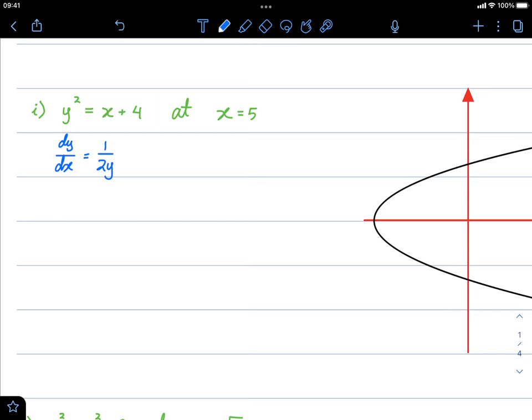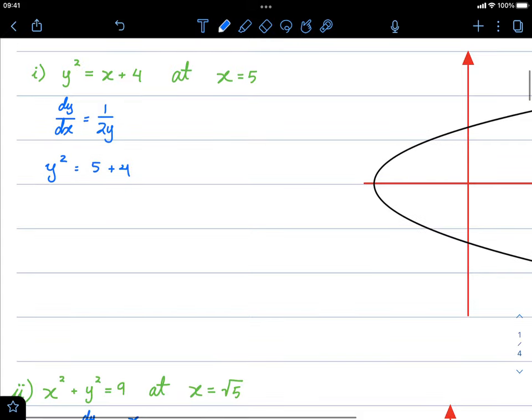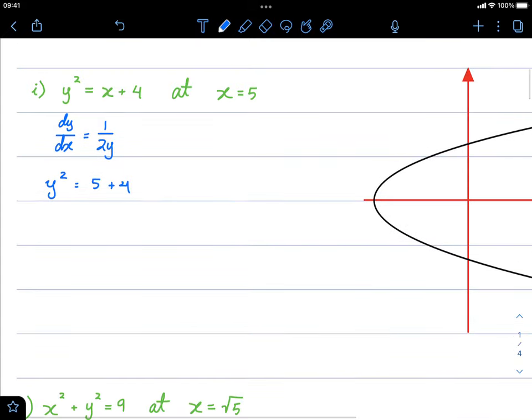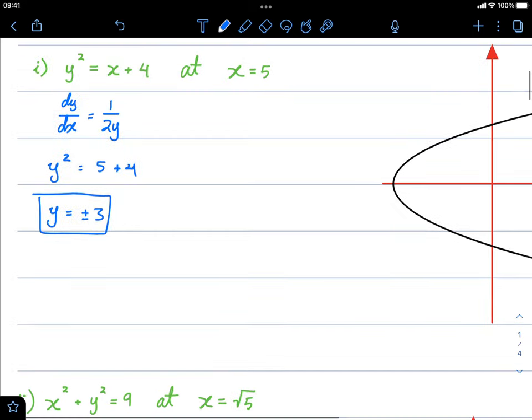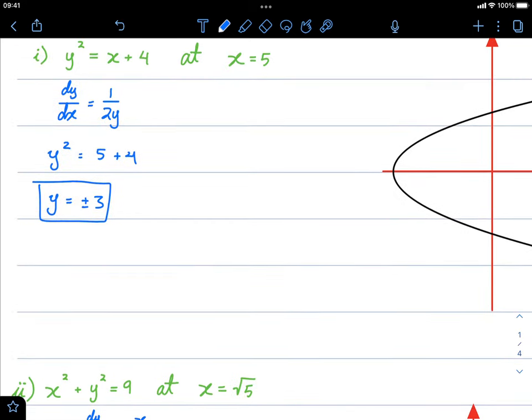So we need to solve, so y squared equals 5 plus 4. I'm actually just substituting this into our given equation. And solving this becomes 9. Taking the square root, we actually get plus and minus 3. Notice how we will actually get two different